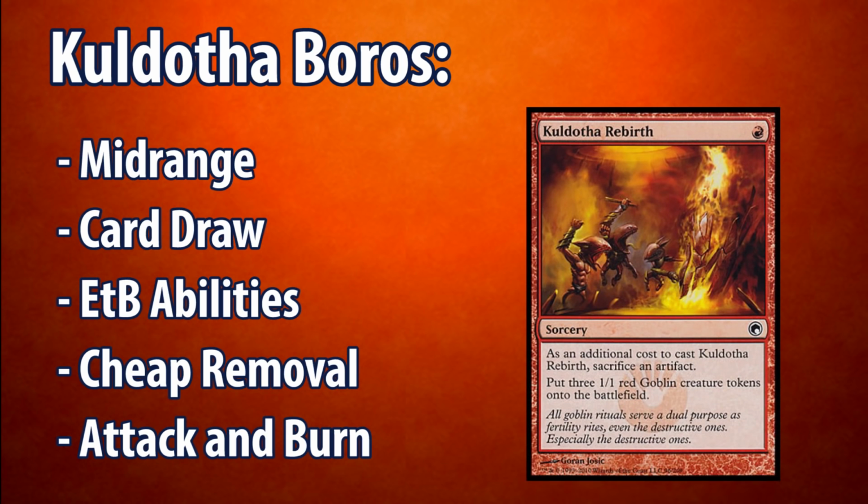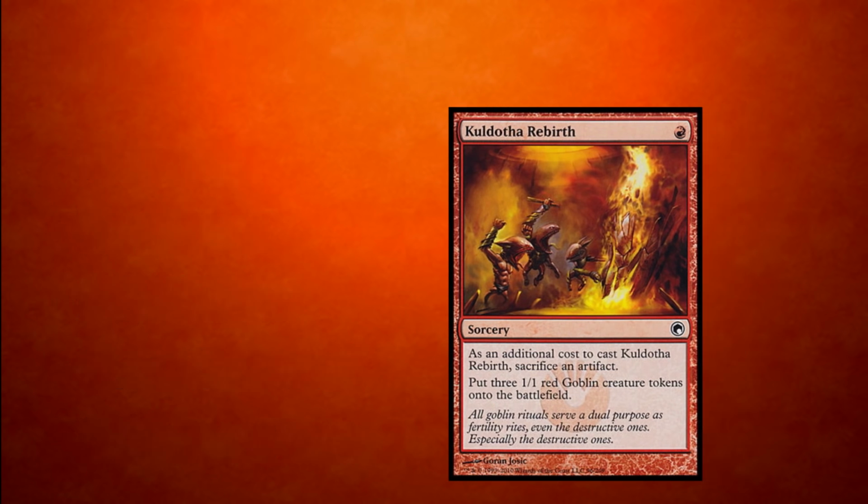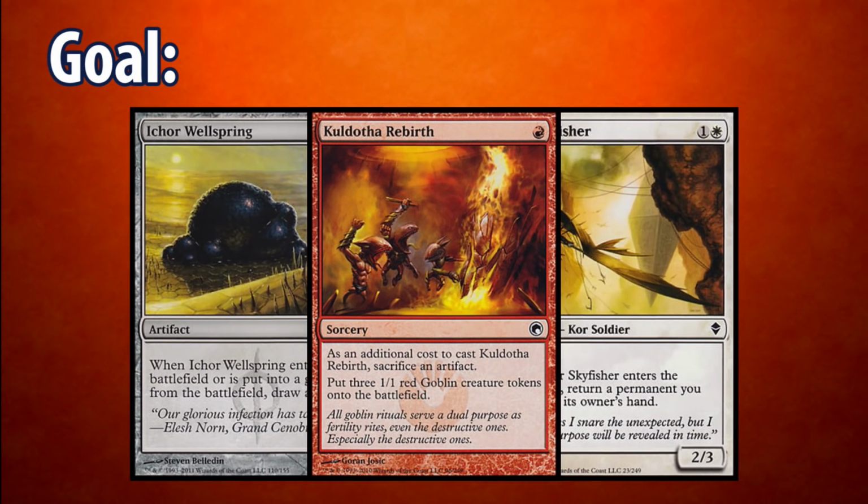Kuldotha Boros is a mid-range deck that used to be known as Kitty decks thanks to its creator Turbo Kitty 3000, but now it gets its name from the card Kuldotha Rebirth. The main goal of this deck is to gain card advantage through enter the battlefield abilities on artifacts and creatures